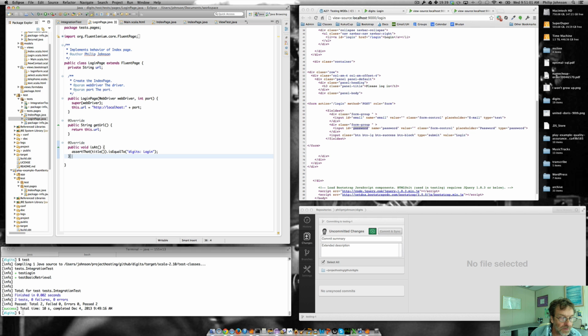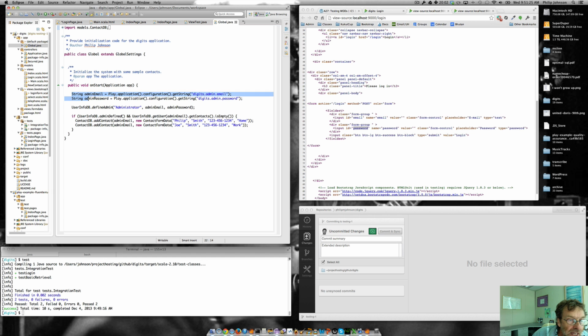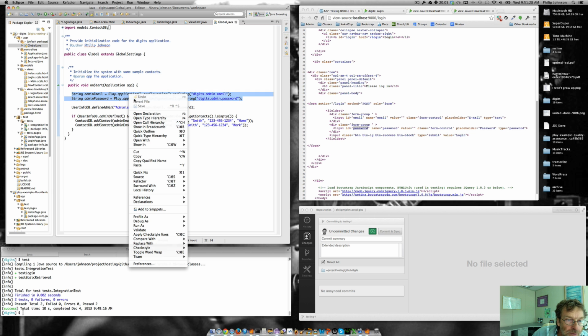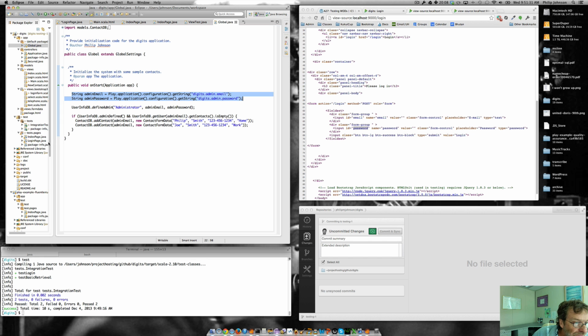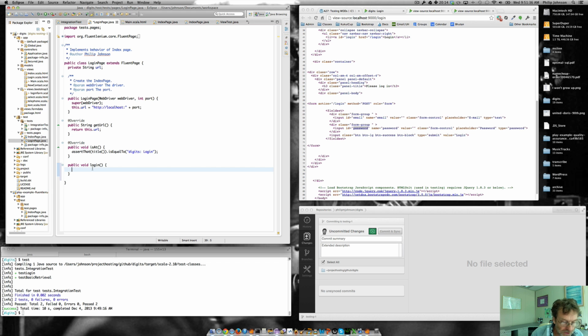What I'm going to show you is, one way to do it is to say, let's just have a method that does the login action for us in its entirety. In order to do that, we need to know what the admin email and the admin password actually is. So let's go back up here, because in our global method, we actually conveniently have the code which gets the admin email and the admin password. So let's copy that, and let's go back into our login page. So the first thing we're going to do is get our admin email and admin password,